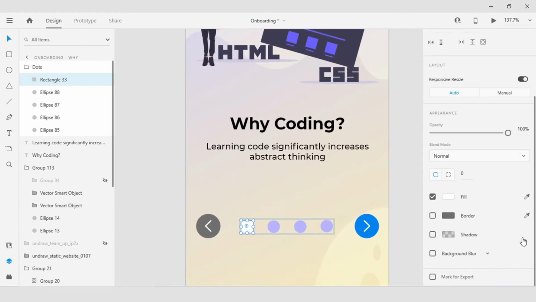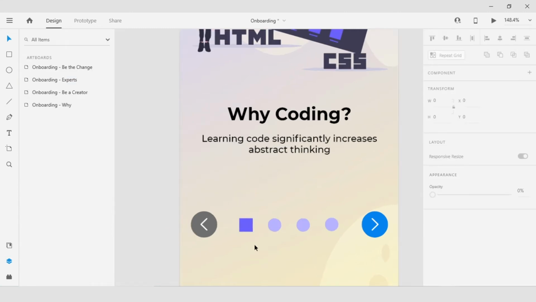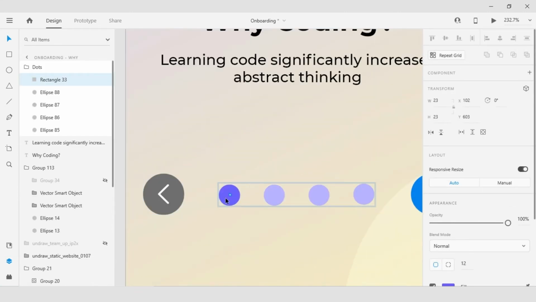Since this will be the element that indicates the active screen, I will use the highlight color here. The corners can be completely rounded so that it looks like an ellipse. If you simply want this ellipse to move to the next location, you can simply pop this element on each screen and shift the active one over. But since we want to add a touch of fun to the interaction, let's move on.